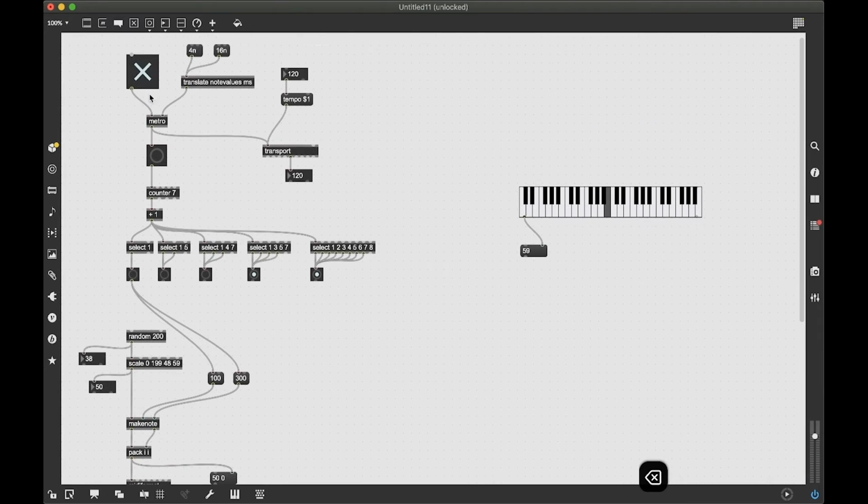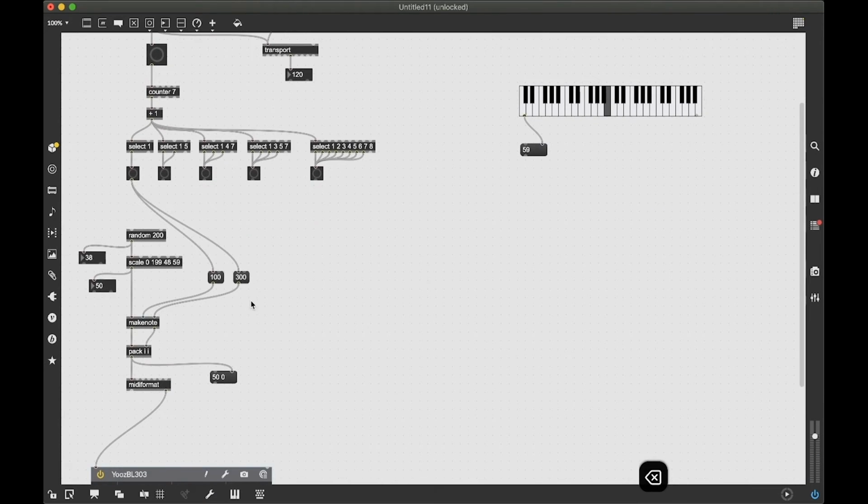I'm going to disconnect this for now, turn off the metronome. What will perhaps be interesting is having a way of changing that connection from one to the other in an interesting way. So what I'm going to do now